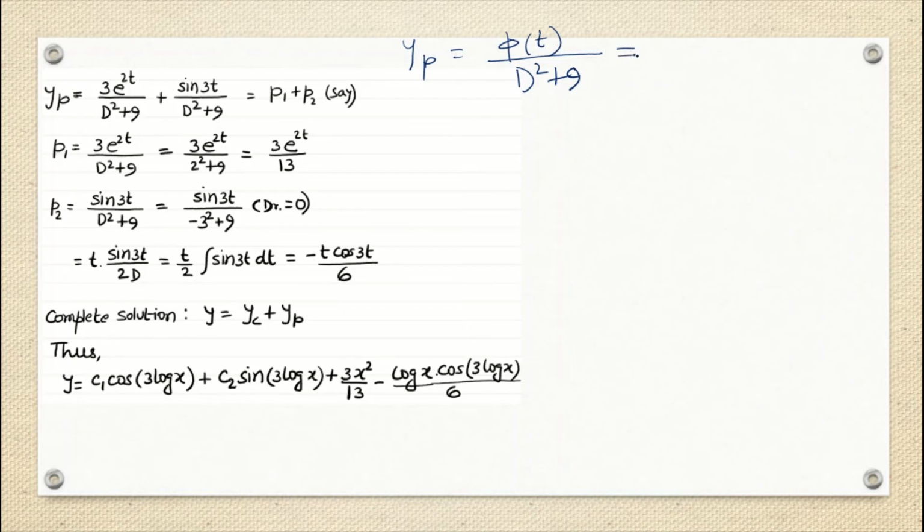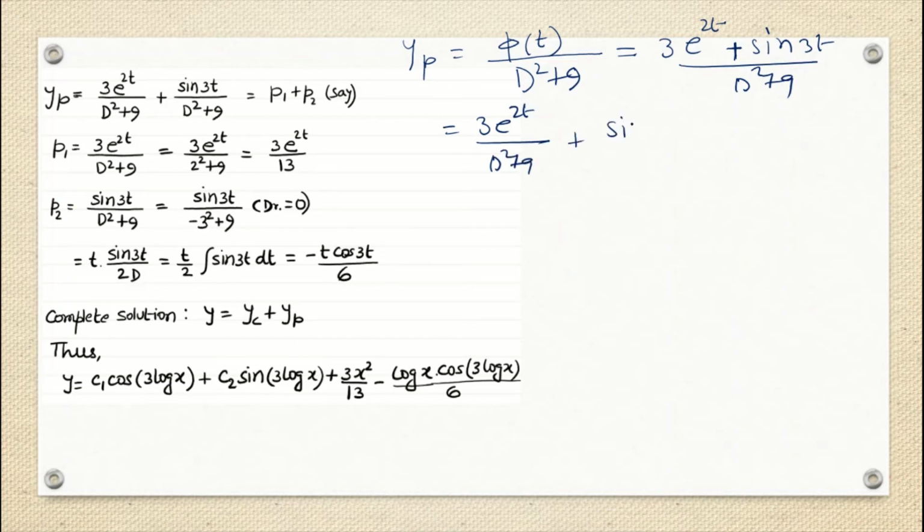So phi t was (3e^(2t) + sin 3t) divided by D squared plus 9. Since this has two terms because of the addition, in this yp we will be simplifying it. This is nothing but 3e^(2t) by D squared plus 9, and then plus sin 3t by D squared plus 9. Okay, now if you remember the method we follow to find the PI,